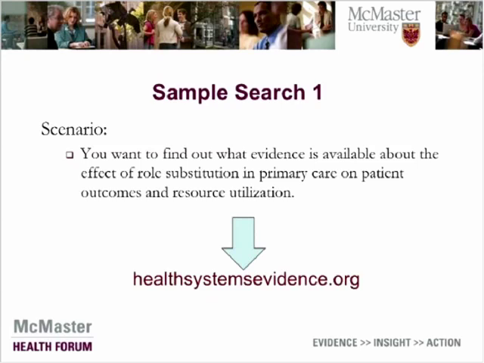And my type of question is effectiveness, so I'm going to highlight that. Now somebody asked a question about open search, and what open search means is that we're not specifying any further the records we're trying to identify in health systems evidence. So an example of trying to truncate with open search now, if we're only interested in nursing in primary care or the role of nurses in substituting nurses for GPs, we might want to use the open search field to truncate the search further by type of healthcare professional. So in this instance, we might type in nurses or nurse into the open search, and that would further focus our search. But I'm going to leave it open for now and go down and